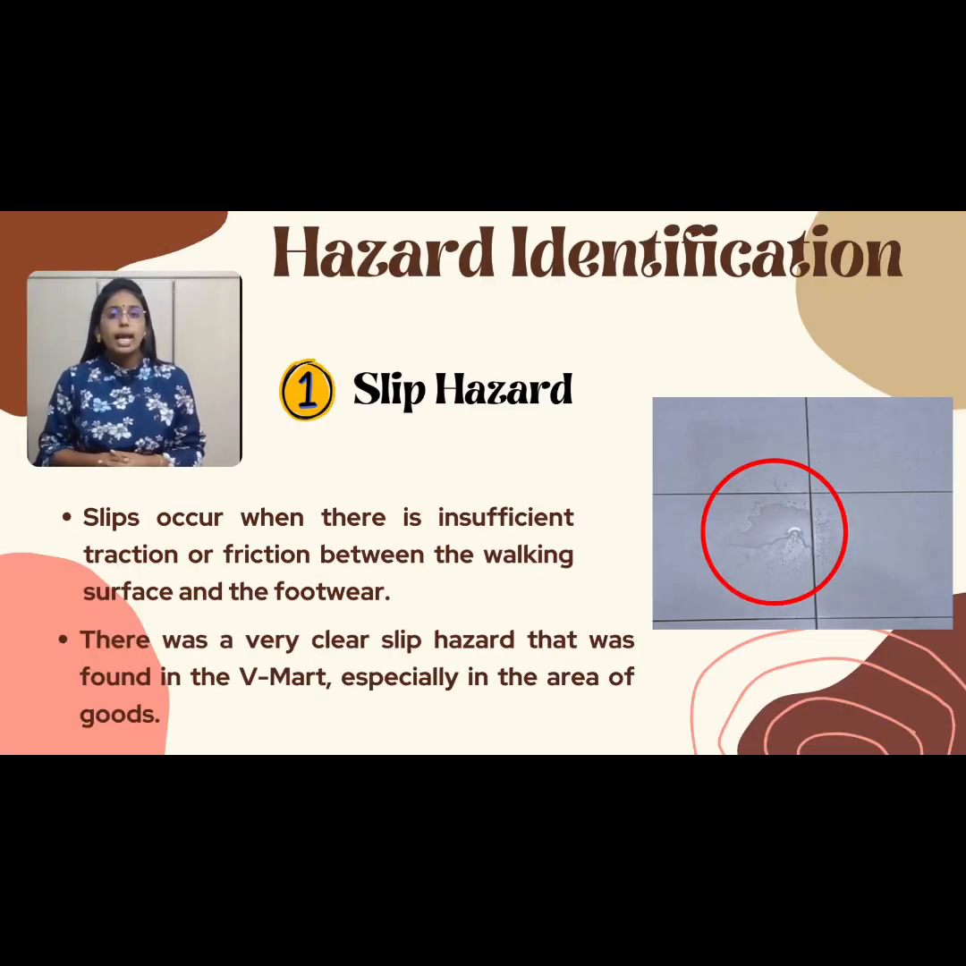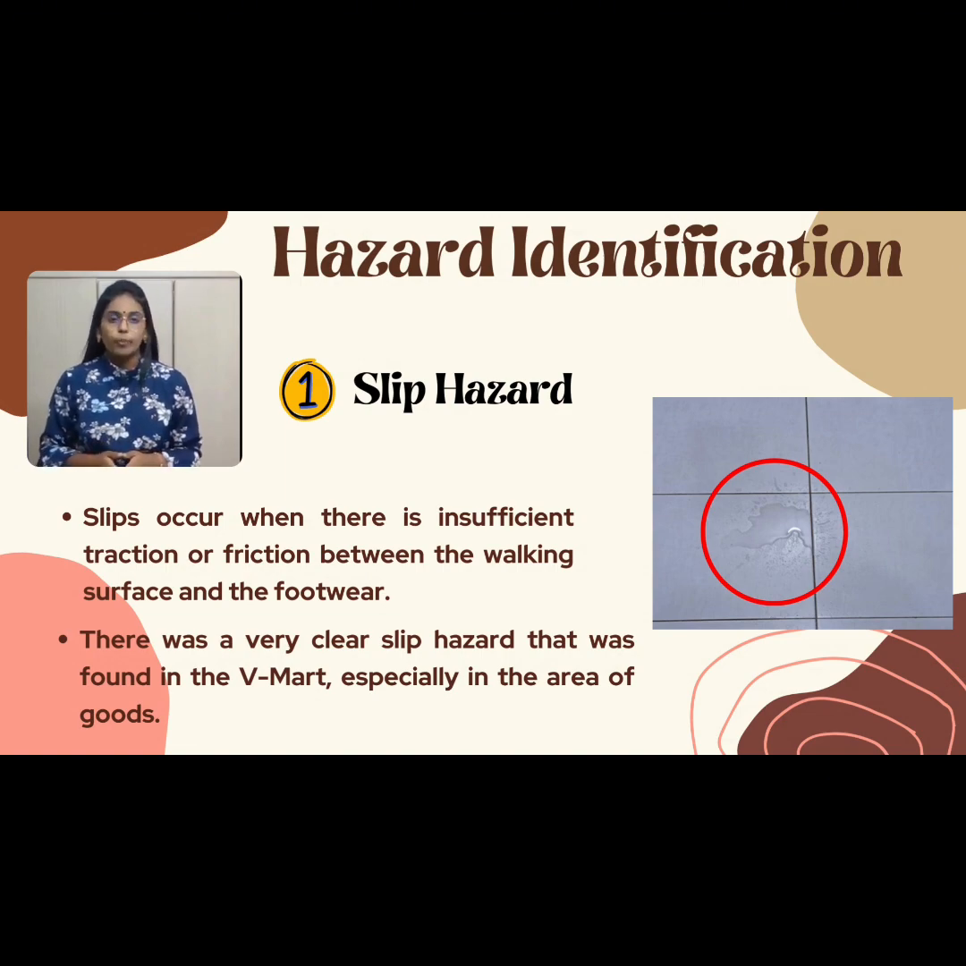The most common hazard that can be found in V-Mart is the slip hazard. Slip occurs where there is insufficient traction or friction between the walking surface and the footwear. There was a very clear slip hazard found in V-Mart, especially in the area of goods. This slip hazard occurs there due to water spills. Therefore, there is a high chance for the customers or the workers to fall after coming into contact with the